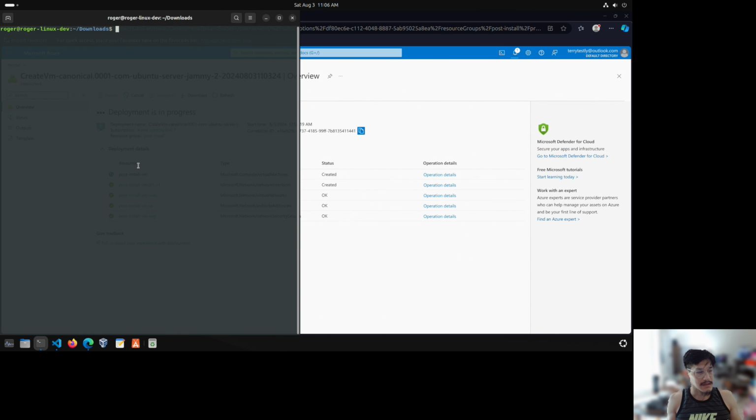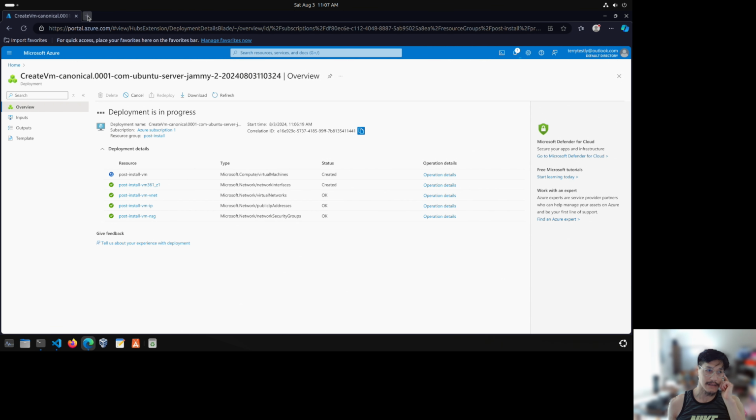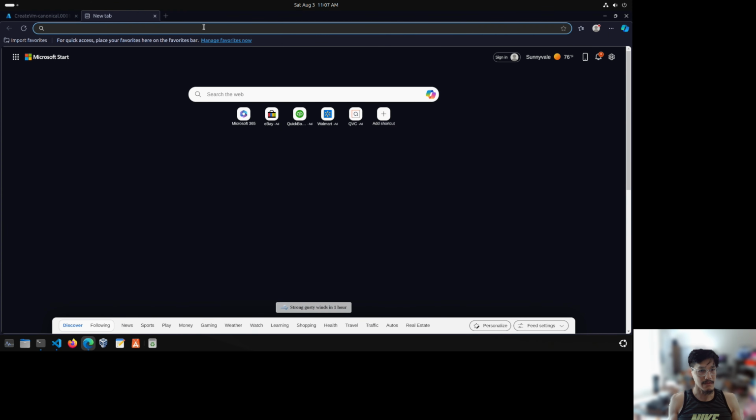So let's do this. CD code. This may be useful. What's average dev packages post install for it? Let's just see if we can. Was it PORT=1234 npm run start? So we're on our start script. And then we have this confirmation, and let's bring a new tab here, and then we'll do, I guess,